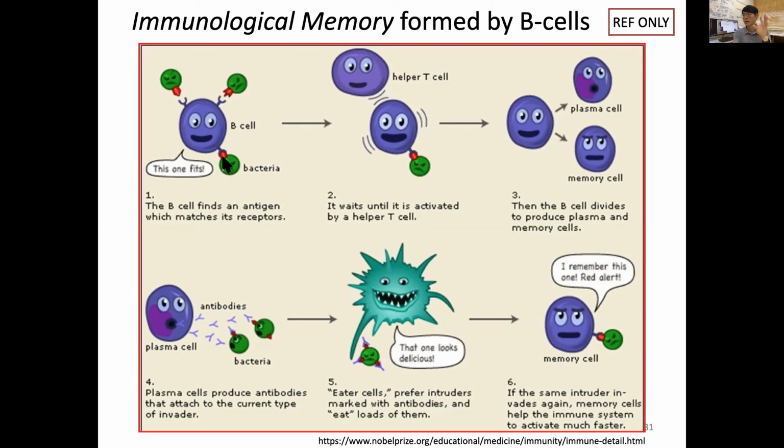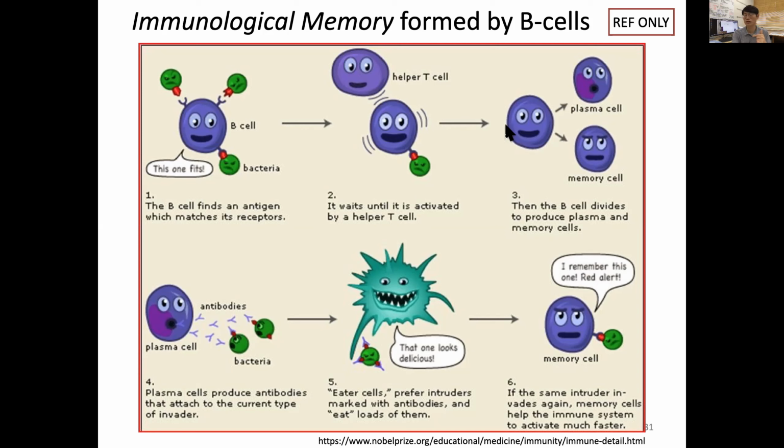When B cells residing in a lymph node or inside tissue get this bacteria, and that bacteria has an antigen that specifically fits, that B cell will be activated, and the helper T cell around will activate it,